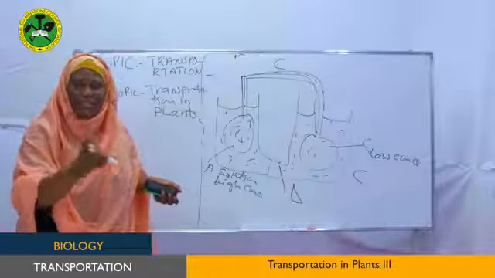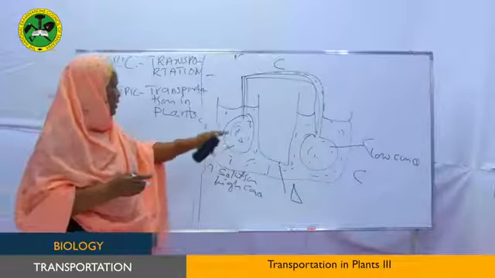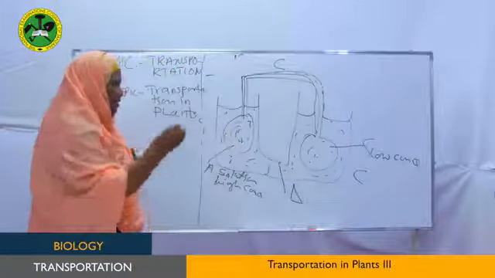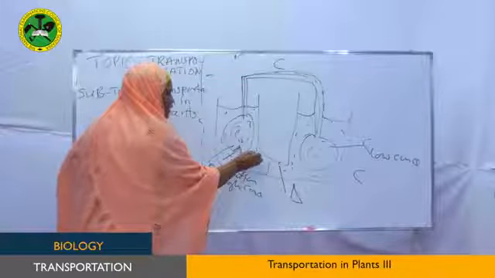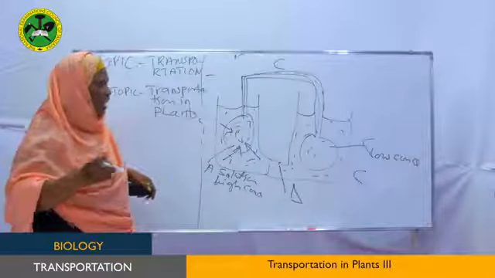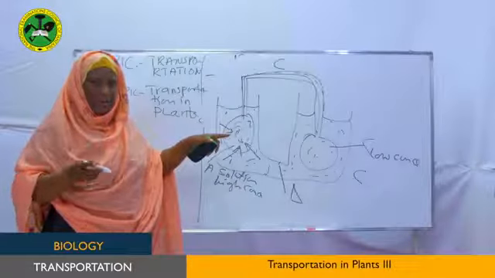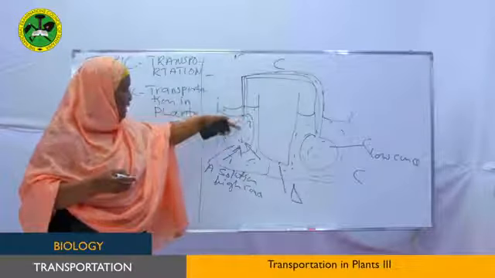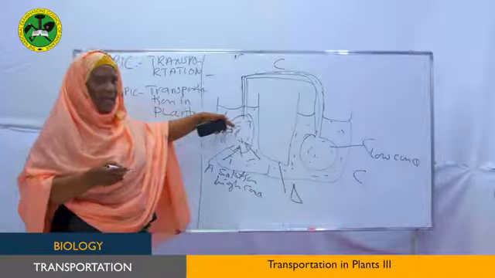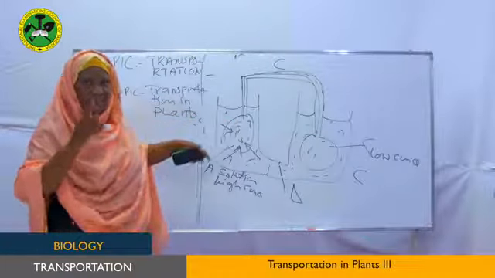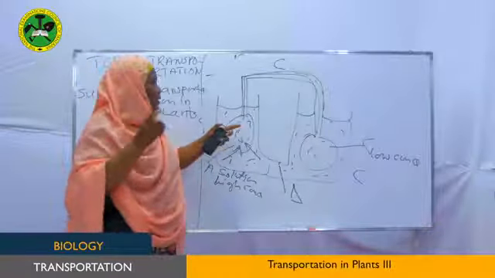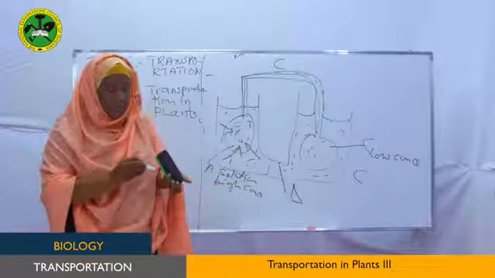we expect osmosis to take place in A and C, meaning that more water will enter A, at the same time water will enter C. But because A contains high solute concentration, more water will enter A rather than C. The entry of water here in A creates hydrostatic pressure in